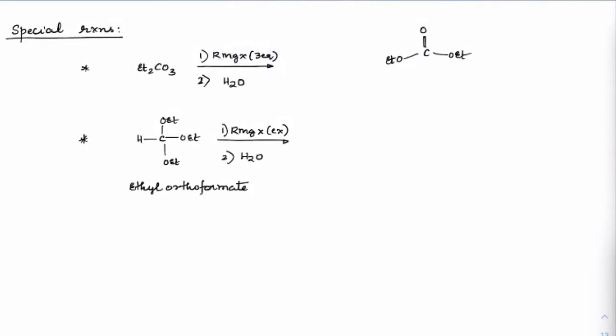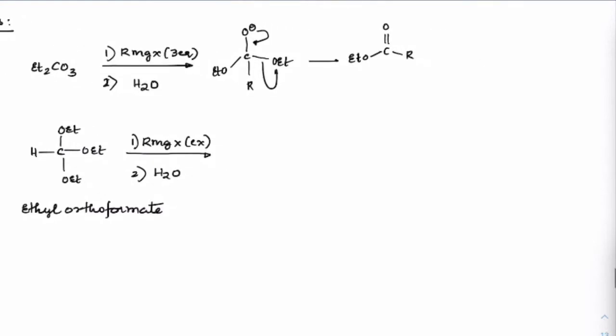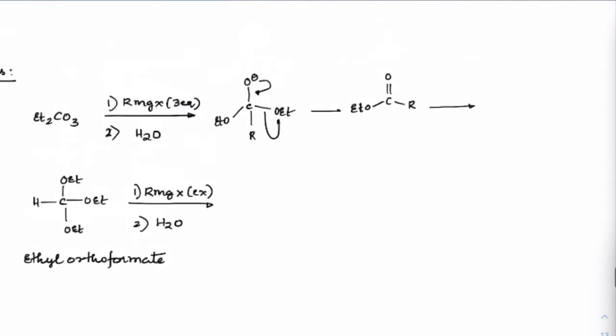So we have learned in esters already that every OEt group will keep leaving. So the same thing will happen here also. First we can expect that we'll have C double bond O, EtO minus, with the R group here, and the bond will close as a double bond and this group will leave. So this is how we can have an elimination, a substitution reaction happening, C double bond O and R. So it would happen two times, correct? So it would happen two times here.